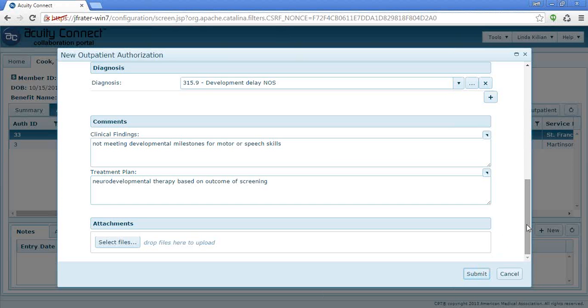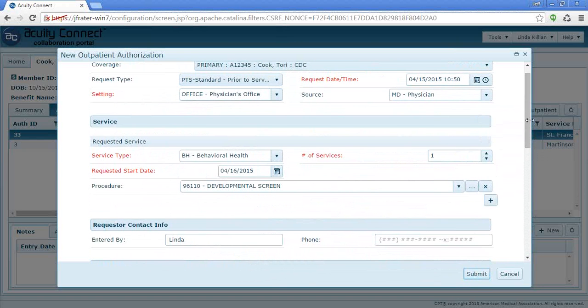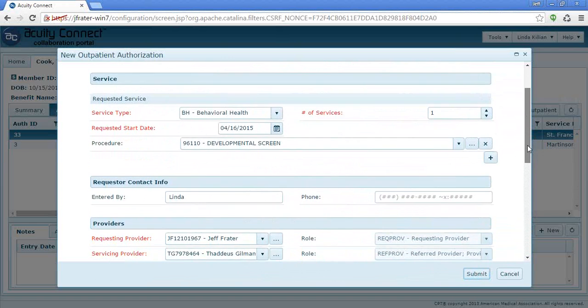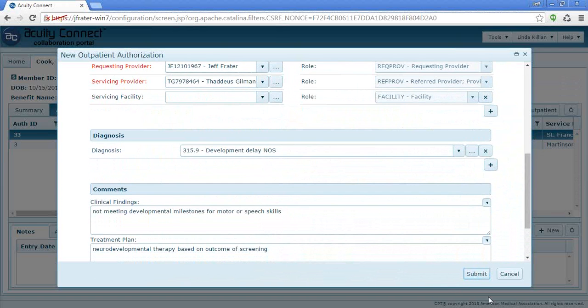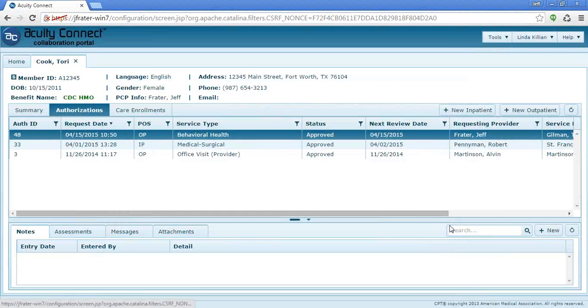Okay, let me just mention one more thing back on the red labels of the screen, just so you know. Those are set as mandatory fields. Oh. So we're required to fill out all the red fields before we're allowed to submit. So I think we're good to go here. Okay. I'll hit submit. And there we go. Oh my gosh, it says it's approved already, Linda.